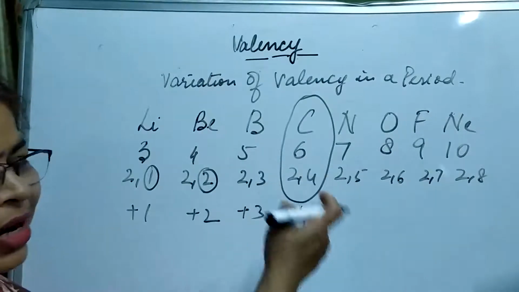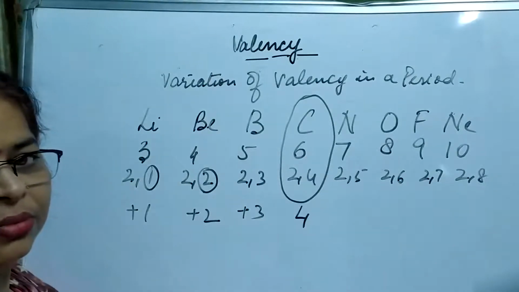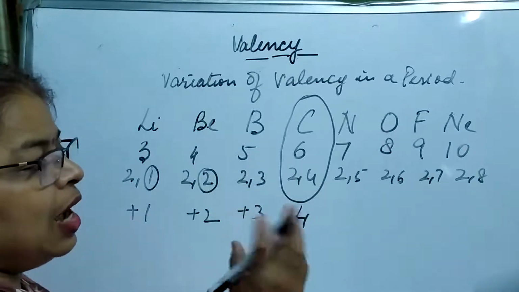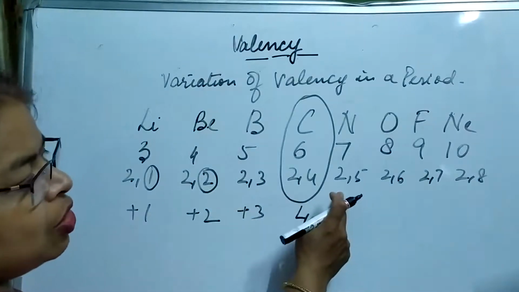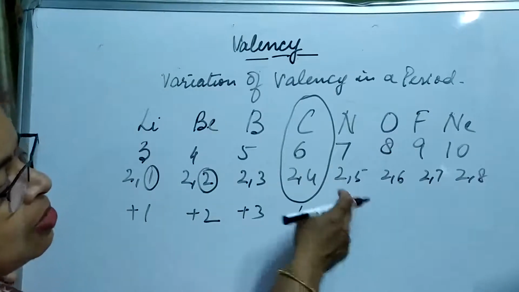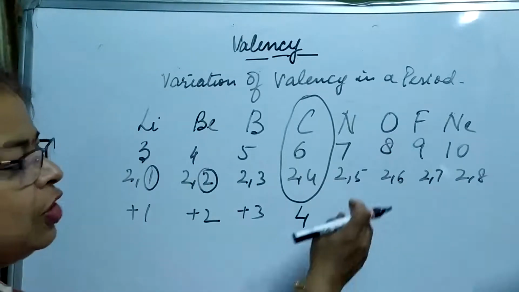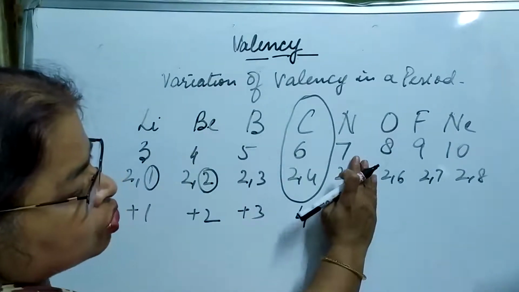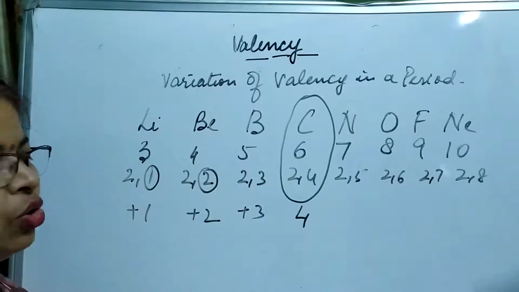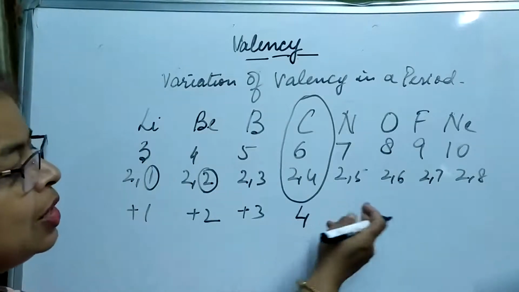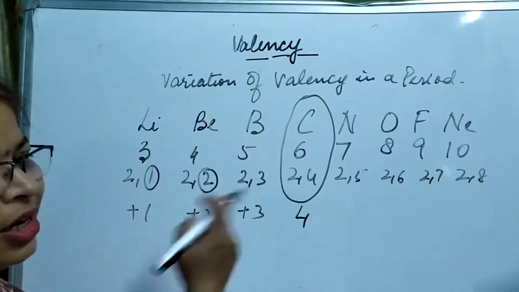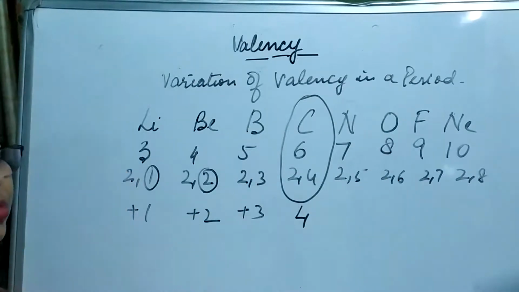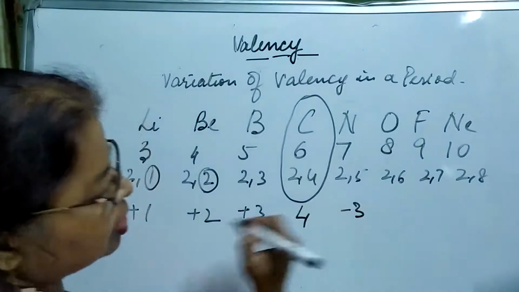Fine. Now in case of nitrogen, what happens? To lose 5 electrons is quite difficult, because it will become unstable. There will be a very large variation in the number of negative charges and the number of positive charges. If it loses 5 electrons, how many electrons are left? 2. Okay, so protons would be 7, so it will become unstable. So the better way is to take 3 electrons and complete the octet and become similar to neon. So the valency is -3.